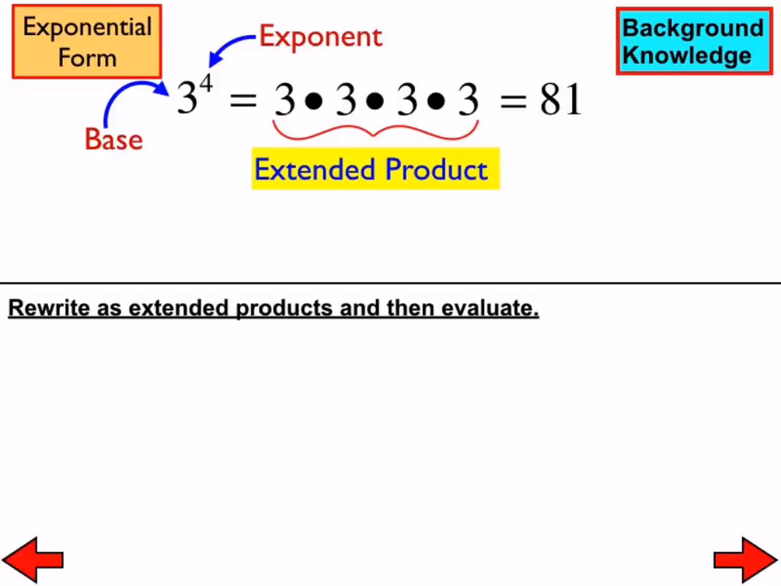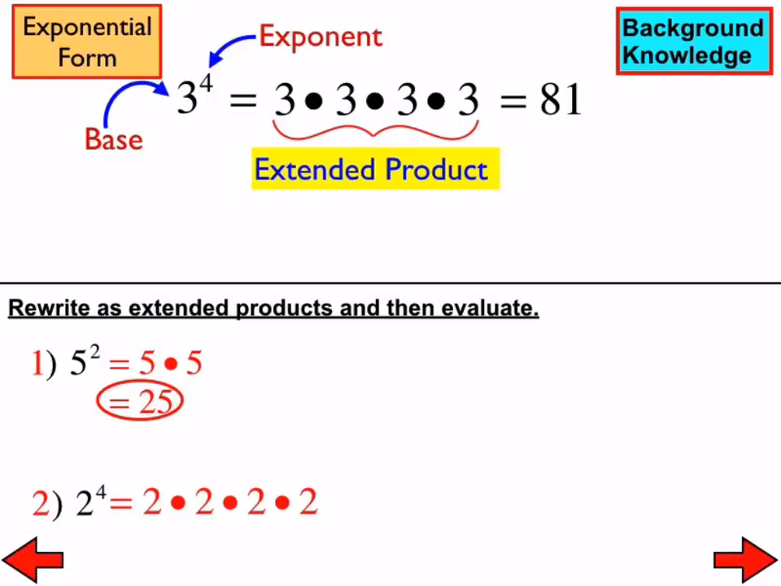Now, for the first 4 problems, I'm going to have you do those in just a second. We're rewriting them as extended products and then evaluating, essentially what I just did right there. So I'll give you about a minute to do 1 through 4. Number 1, 5 to the 2nd power, of course, means 5 times 5 as an extended product. And when we evaluate that, that means simplify it, which is 25. Number 2, 2 to the 4th power as an extended product is 2 times 2 times 2 times 2,